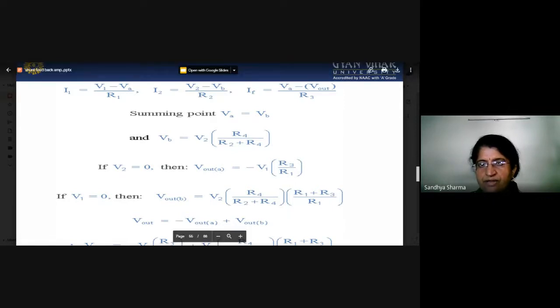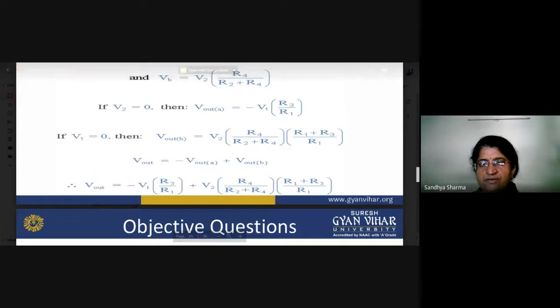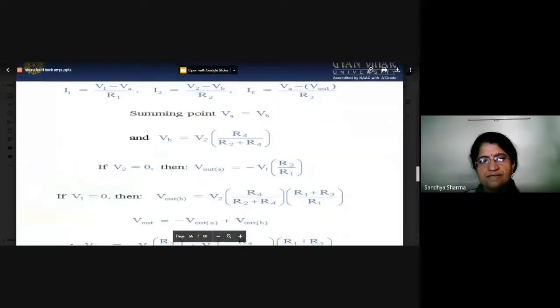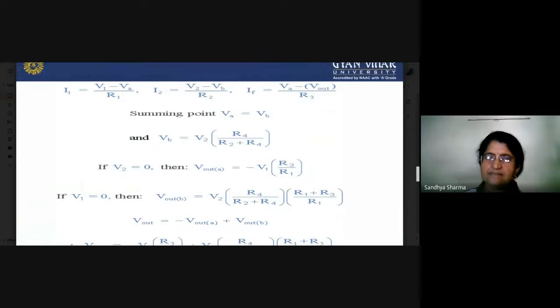So the whole voltage VB is equal to V2, and V2 is equal to 0. So this is equal to this one path. But we have to prove it, and both are equal to this side. So now what will happen here? Once again, the differential amplifier, or operational amplifier in differential mode, works as an inverting amplifier, because the gain is equal to minus RF by R1. That means gain depends on the feedback resistance and the input resistance R1. So this is the basic point.